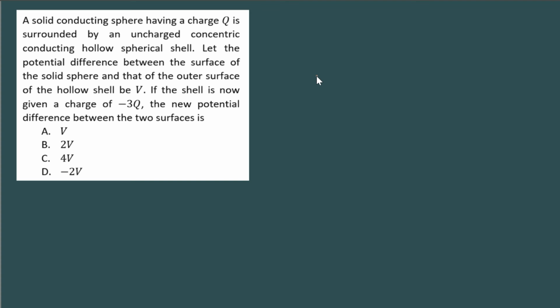Okay, so in order to answer this question, let us do something different. Let's forget about the charge that is given to the solid sphere and whatever potential we have. Let's look at a slightly different setup where you still have the conducting solid sphere surrounded by a metal spherical shell. Here let's assume that the radius of the solid sphere is r1, and the radius of the spherical shell is r2.